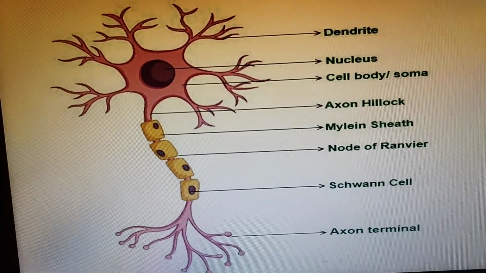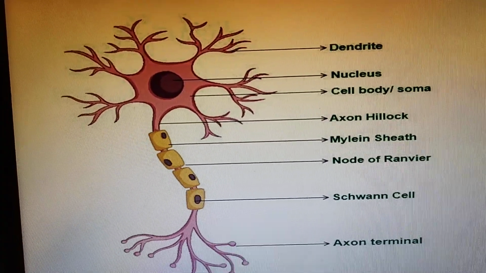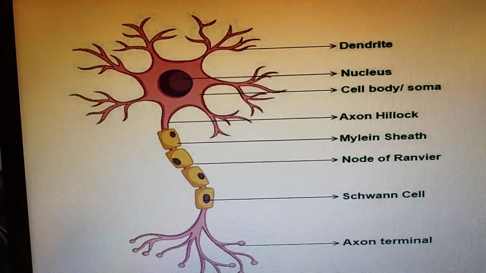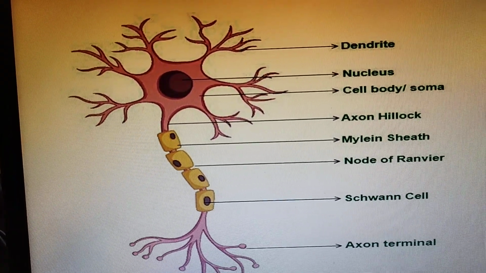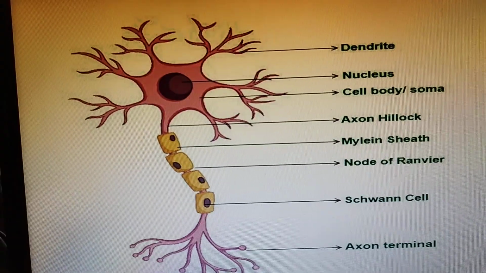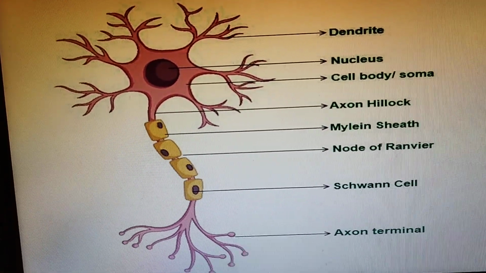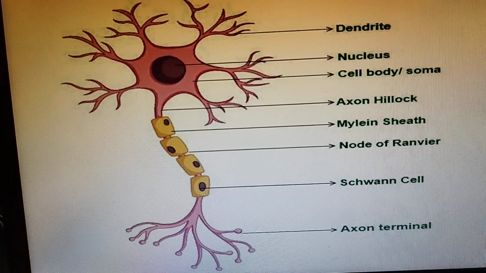Look at this diagram. Here you can find the neuron diagram. Dendrite is there. Now what is the main function of dendrite? Dendrite can receive all the stimuli. A stimulus may be hot, cold, any type of stimulus can be received with the help of dendrite. Then the stimulus passes to the cell body, and from the cell body, with the help of axon, it will